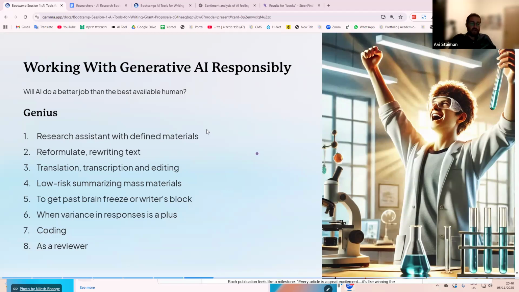Now, again, let's set expectations straight. When I say do it with AI, I don't mean set it and forget it. I don't mean copy paste. I don't mean send it off without thinking. No, just the opposite. We need to continue being skeptical. I always revise and review and edit, but it saved me that time of that first big hurdle of writing the first draft of the article, which was really, really helpful.